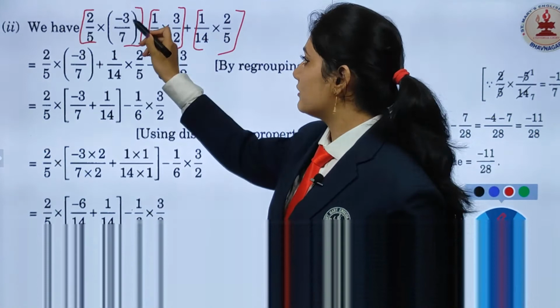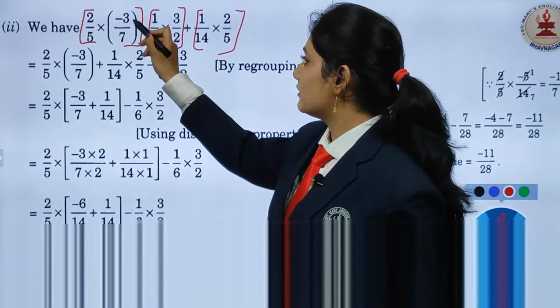If there is a multiplication sign it is like this, but if there is an addition sign instead, let's suppose I am taking 2 upon 4 plus 2 upon 5, so here now you will not cancel, okay. The first step you will do is take the LCM and solve the sum. You can cancel, but don't use that method. You can just directly take the LCM and then solve the sum, okay. Now this was the extra part which was out of this question. Now we will go again to the question.